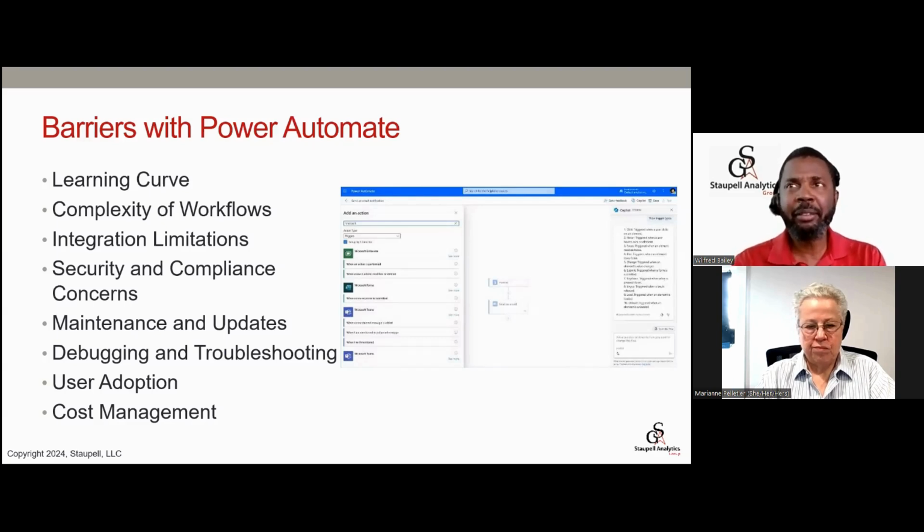Maintenance and updates. Maintaining and updating flows over time as business processes and systems evolve can require significant ongoing effort. Automations may break if connected applications are updated or if changes are made to the underlying data structures. So don't lay off the debugging programmer who installs it. Yes. That's going to